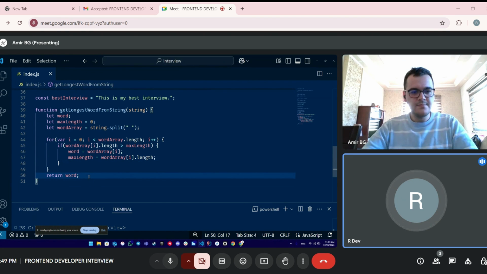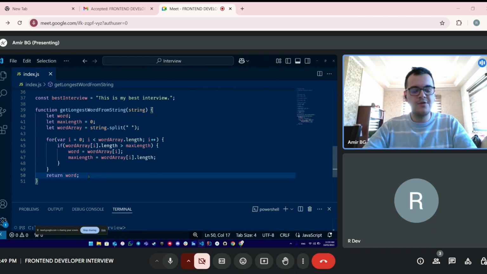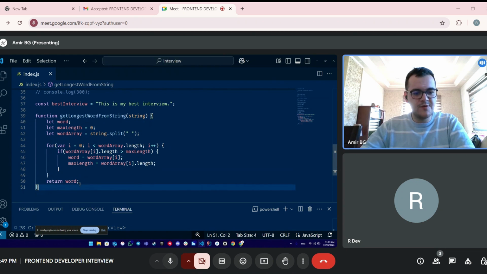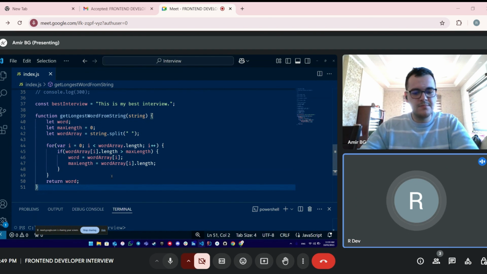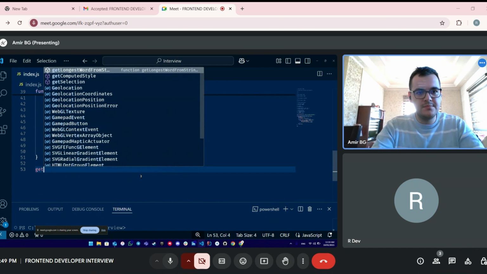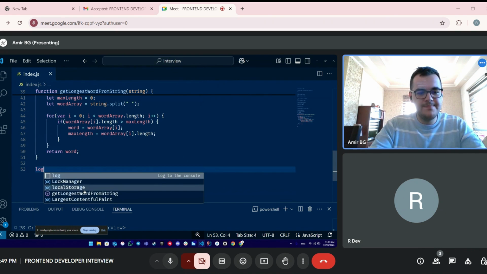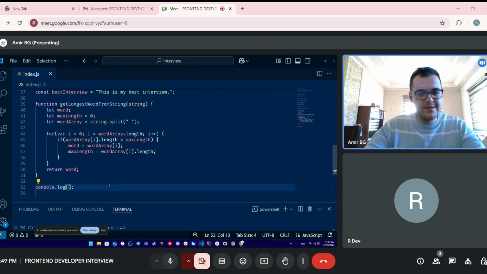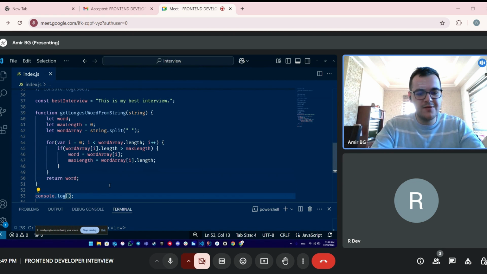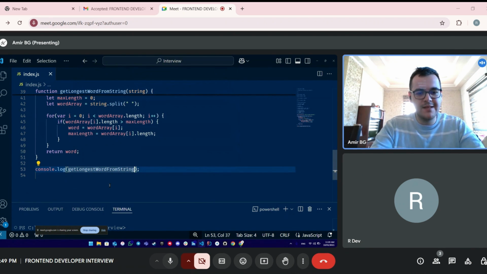Okay. You are calling that function. No, I'm not calling the function. Okay. Can you please go ahead and give me the output? So you want me to call the function? Yes. I want the output basically. Oh, you want the output. So return word. So I can basically log the output here, and inside the console log, I'm just gonna call the function. Okay. Get longest word from string, and pass in, sorry,